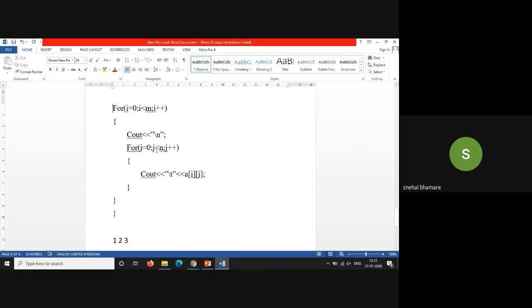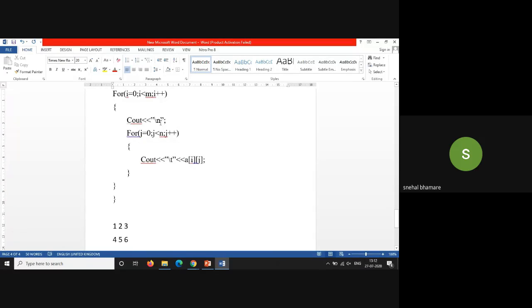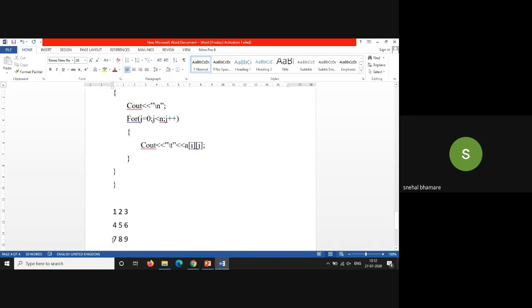Once this for loop is completed, it will increment i, check the condition, i becomes 1, condition is true, cout slash n. So after this line, the cursor will move to the next line because of this slash n. Again j will be initialized to 0 to n. Again it will display elements along with the slash t, so 4 5 6 will be displayed. After completion of this for loop, again i will be incremented, it will become 2, slash n, the cursor will move to the next line.